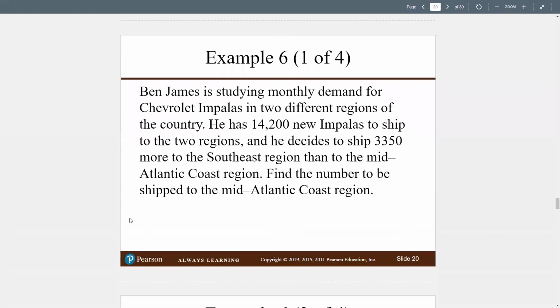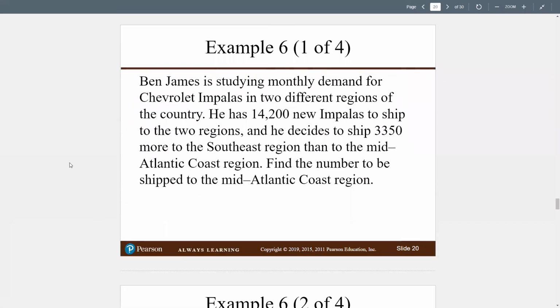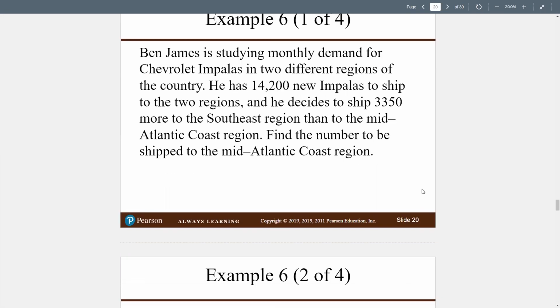We'll go over it. So Ben James is studying monthly demand for Chevy Impalas in 2 different regions of the country. He has 14,200 new Impalas to ship to the 2 regions. He decides to ship 3,350 more to the Southeast region than to the Mid-Atlantic coast. Find the number to be shipped to the Mid-Atlantic coast region. Okay, so